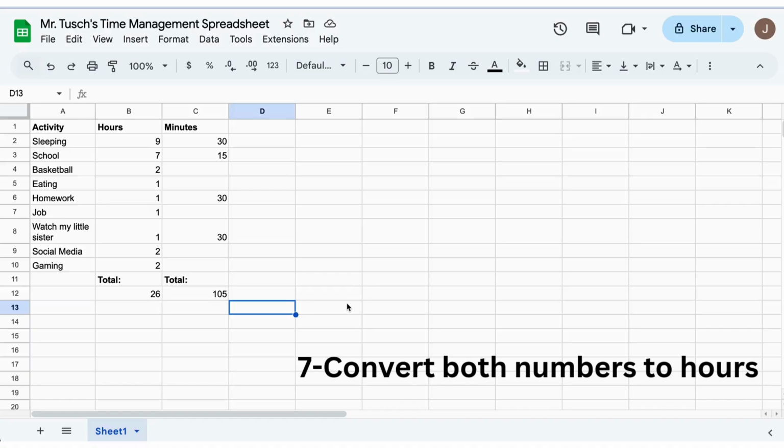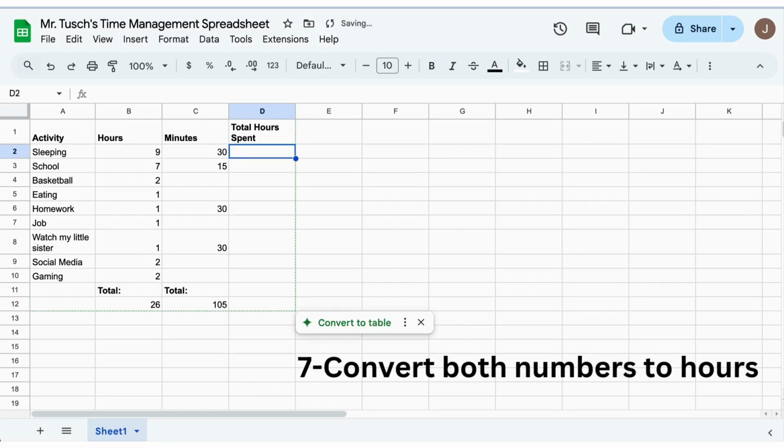So now you're going to do what's called the total hours spent. You can already tell we're going to have a little bit of a thing to deal with here because, my goodness, we have 26 hours and 105 minutes, which is more than 27 hours, and that's quite something. So we're going to go up here and create a new total called total hours spent. I'm going to go up to this cell right here and type in total hours spent. Of course, it's bold because we bolded that entire row, and it wraps because we told it to wrap.